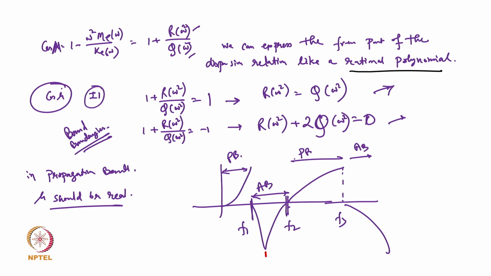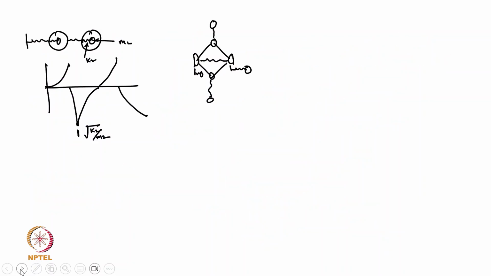That actually enables you to solve in that way. So if you think, we can write that we have our cos mu equal to 1 plus r of omega square divided by